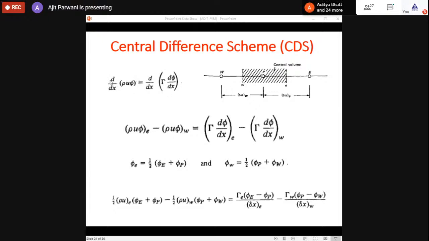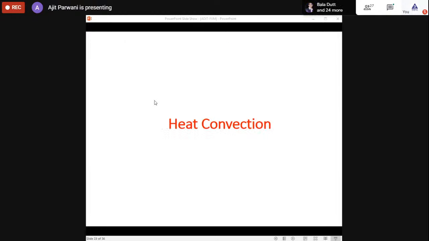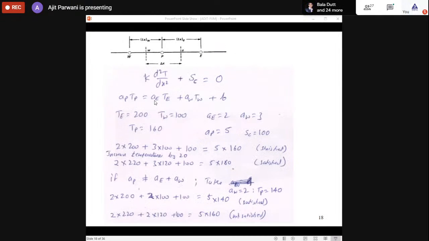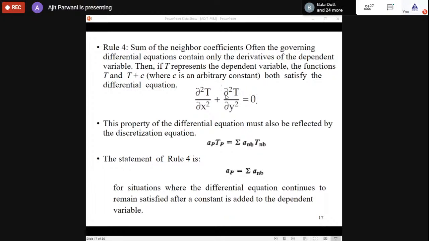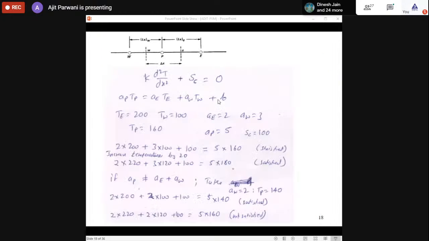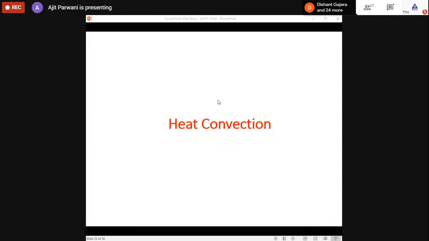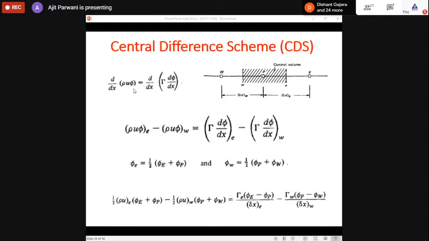This type of equation is called the parabolic form of partial differential equation, and the equation that we used in the previous conduction case is the elliptic form of equation. Now what is the elliptic form, what is the parabolic form, what is the hyperbolic form? Again, there is a theory of partial differential equations which I am not going into here. Elliptic form means that the solution is called a marching problem.